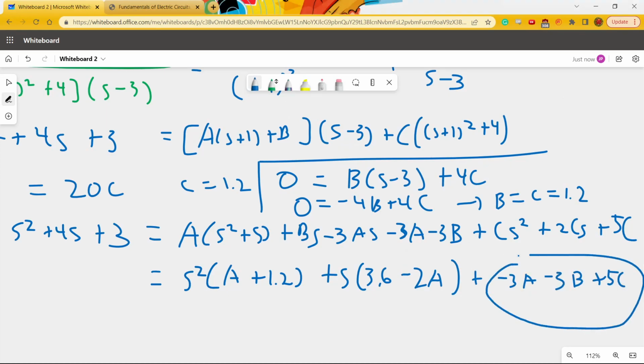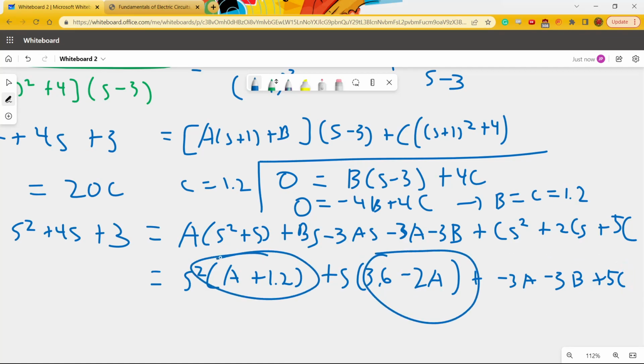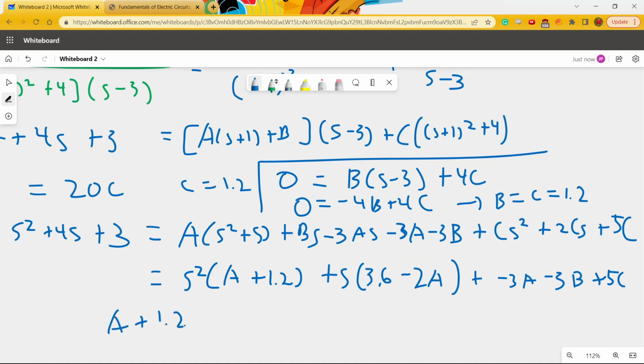And then on the right side here, -3a minus 3b plus 5c, but I'm not going to plug in b or c because either of these two systems of equations will match: we have a plus 1.2 equals 1, and 3.6 minus 2a equals 4. Either of these can be solved for a. I'll use this easy one to get that a is equal to